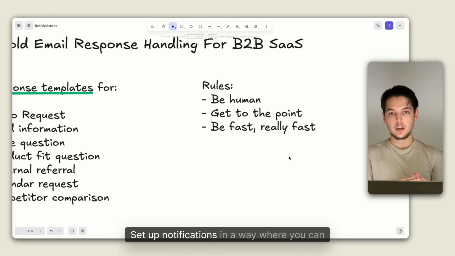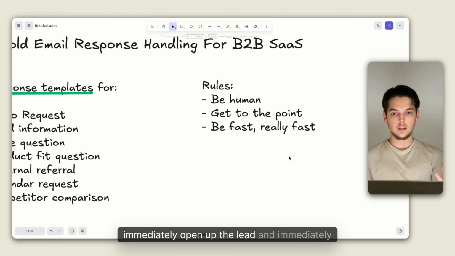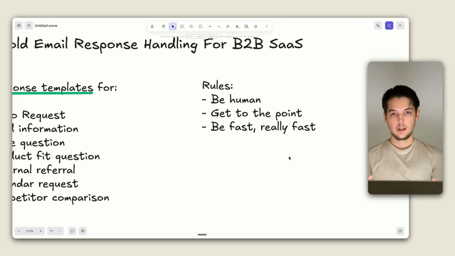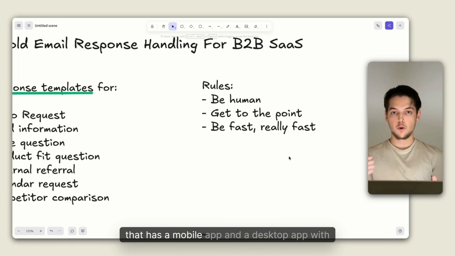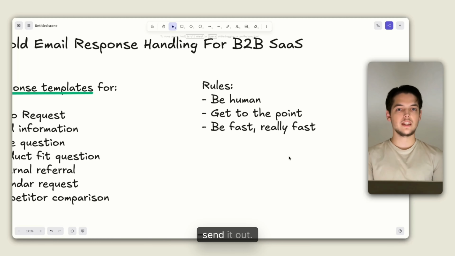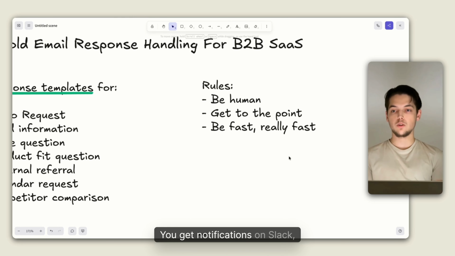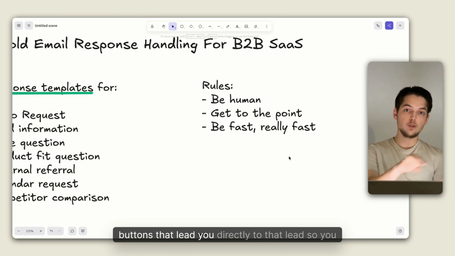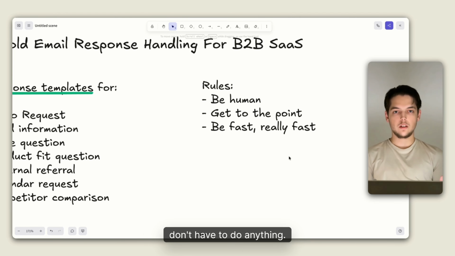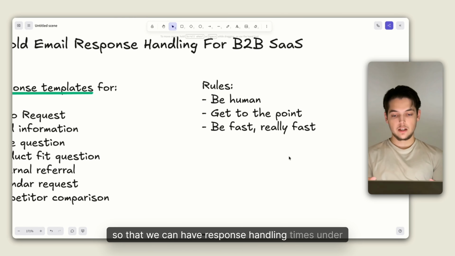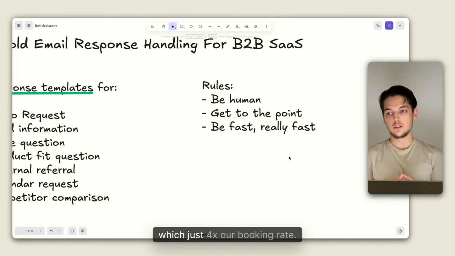All right, set up notifications in a way where you can immediately open up the lead and immediately respond. We've built an entire master inbox app that is made just for this. It has a mobile app and a desktop app with templates so that you can reply instantly. You can click the template, personalize it to the person, send it out. You get notifications on Slack, a mobile push notification, email notification with buttons that lead you directly to that lead. So you don't have to do anything. It's all very operationalized so that we can have response handling times under 5 minutes, which just 4x our